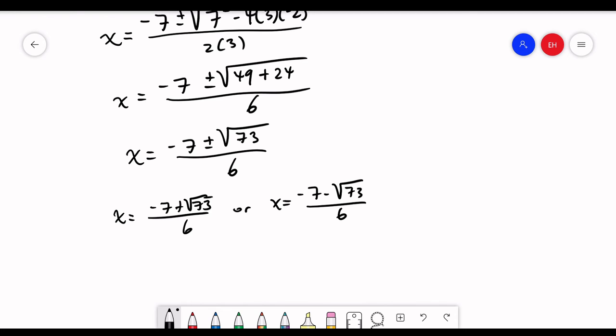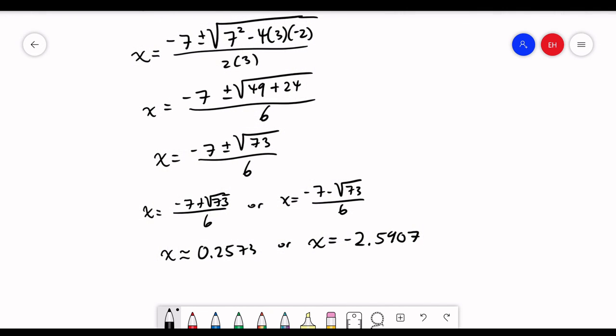You want to make sure that you check your answers. So the first one is about 0.2573, 0.2573. The second one is negative 2.5907. Now, the thing is, I want to check my answers and make sure that I'm not doing things like